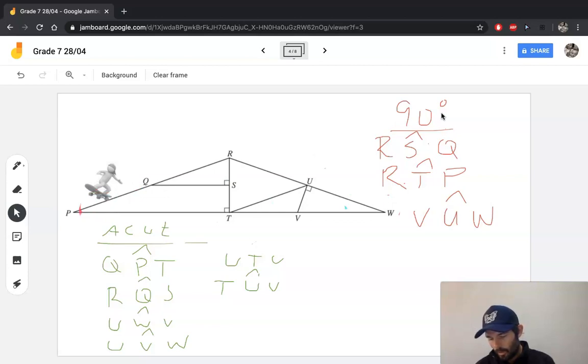So angle UVT, that's going to be obtuse. Okay, where else have we got one? Here we've got one, angle SQP. Okay, that's going to be obtuse. Okay, guys, I think you'll get the idea. This is just a recap of grade 5 and 6 work. But please feel free to send me any questions to